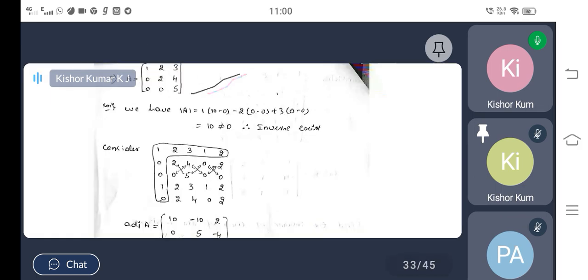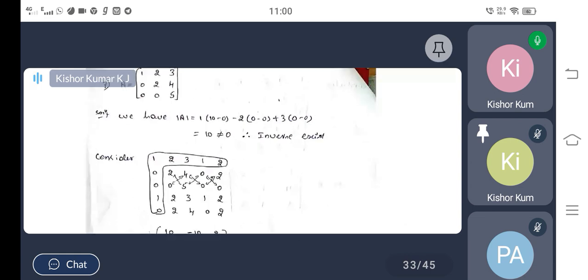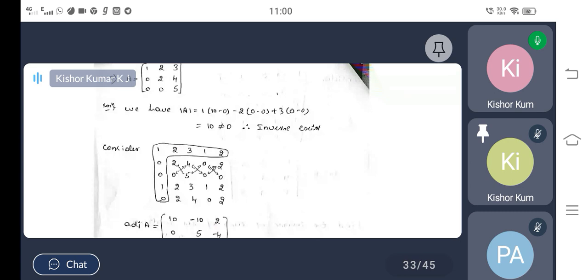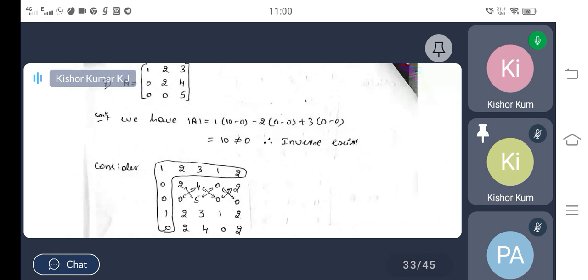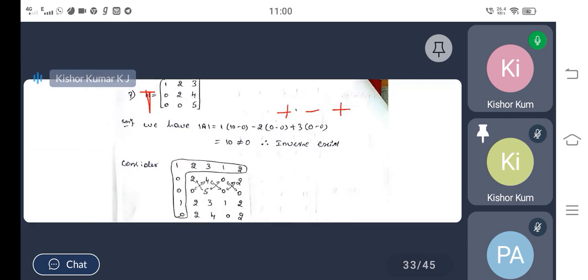So I am going to calculate the determinant value of this. And it is a 3 by 3 matrix. I have to go for expanding along C1 or R1. It's your choice. So when I have expanded along R1, I need to change the signs. So here the first element is 1. Now delete the corresponding row and column, and remaining elements you will get 2, 4, 0, 5. Do the multiplication. 2 fives are 10 minus 0. And for the second element we should apply the negative sign. Correct? So it is minus 2.